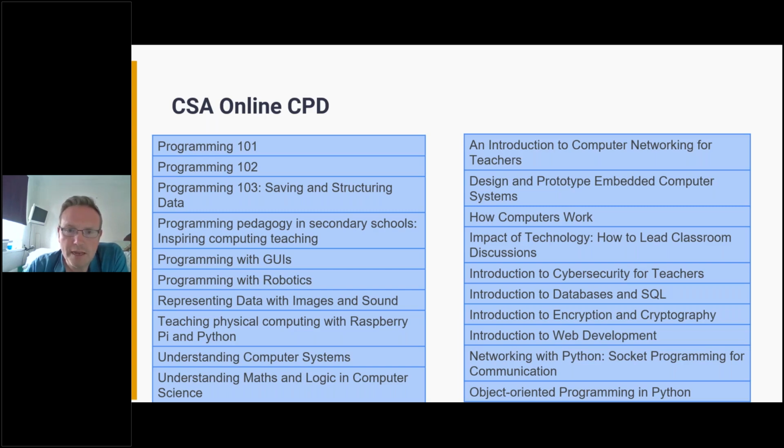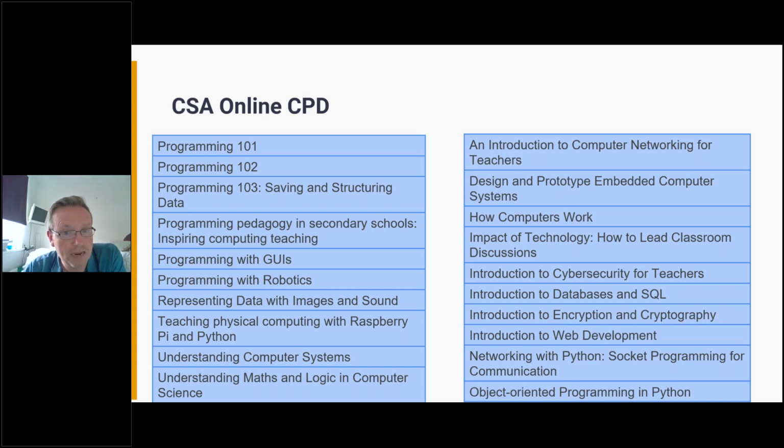Just a word of caution when signing up for these courses, they're hosted on the FutureLearn platform, which is a MOOC which you may be familiar with already. You can actually find all of these courses on FutureLearn without having signed up to the CS Accelerator. If you take that route and go directly to it, that will not show up on your dashboard. So it's really important that you enroll on the Teach Computing website, then you search for courses on the Teach Computing website, and you find it that way. And that also gives you enhanced access, such as the certificate at the end of each course.